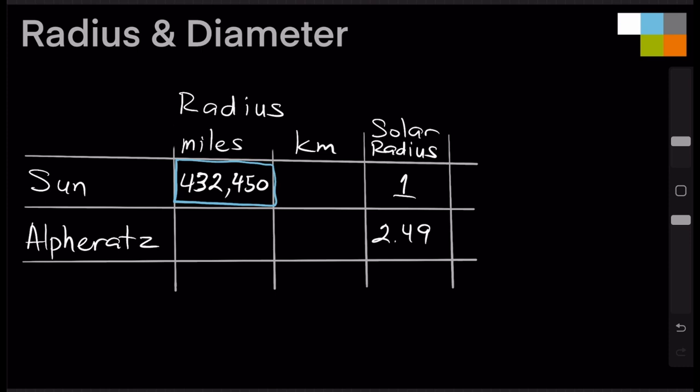The sun is one solar radius. It's the thing that we use to compare with other stars. So this is our benchmark. For the star Alpheratz, we know that this star is 2.49 times bigger than our sun. What we don't know is what the radius in miles is for Alpheratz. But because of our previous exercise, we can use the numbers that we have in order to figure out the radius for Alpheratz. All we have to do is take the radius of the sun